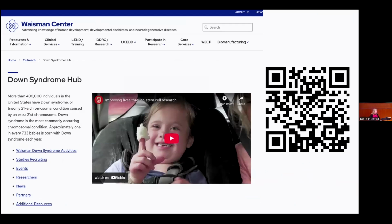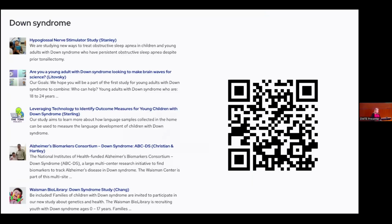And then, as I said, I'm going to share that QR code again. That's for our Down syndrome hub here at the Wasteman Center. So the study I was talking about is under development, not recruiting yet. But this is information that you can potentially use right now. And one of the things I just want to draw your attention to is under studies recruiting. If you go to that page, here's the QR code for that. But these are studies that are currently